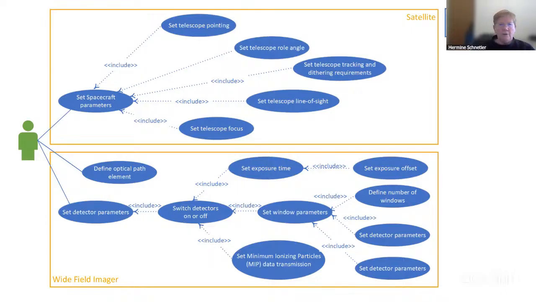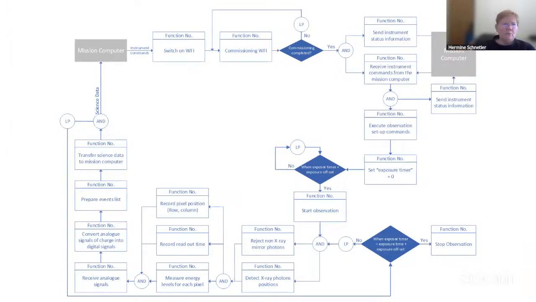Now, this is one side of the argument, and that will give me my data and control flow. While on the other side, it's a little bit of a more complicated diagram. And this will, for example, tell me from a functional viewpoint what I need to do. And here you can see, during launch, your instrument will be switched off.